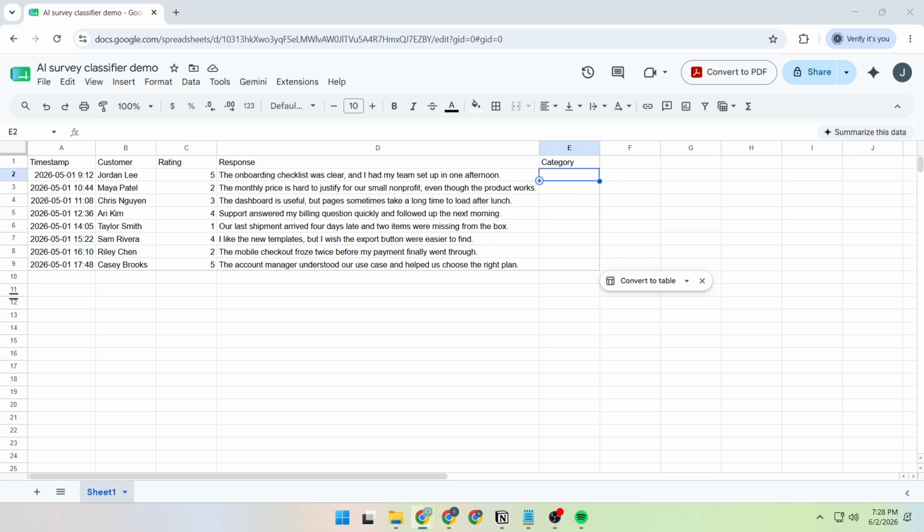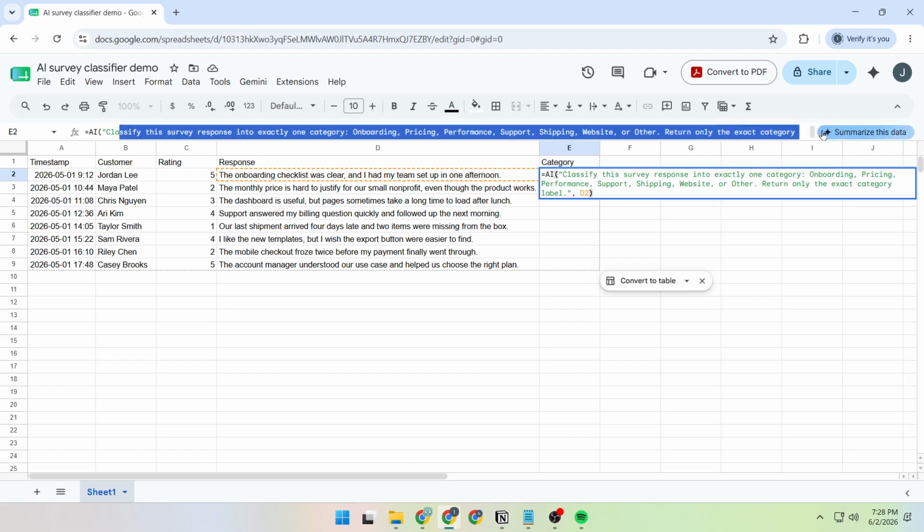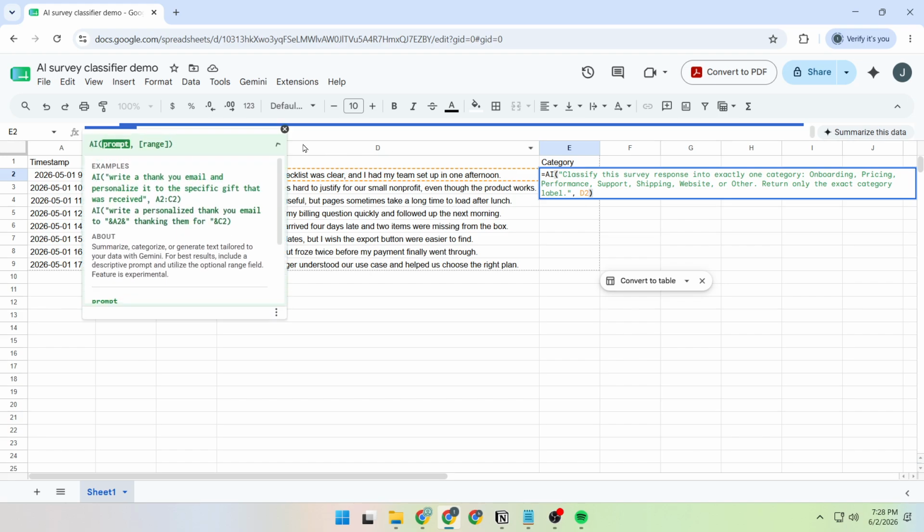With cell E2 selected, we are going to enter the classification formula. Type the AI classification formula directly into cell E2. If you would like to save time, you can copy the formula from the pinned comment below the video and paste it into the cell. Take your time getting the formula in correctly, because the structure of the prompt is what tells Gemini how to label each response. Once the formula is in place, press Enter on your keyboard, look at cell E2 and confirm